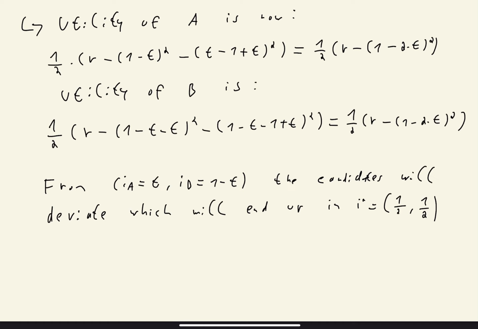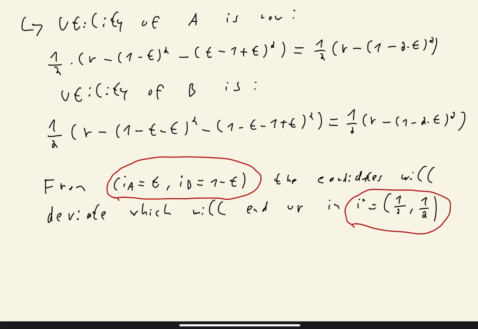if there is a deviation from this ideology profile to this ideology profile, both candidates will be worse off if they end up in this profile here. And the reason is simply because from this profile where both have chosen their true ideology, in this situation, both of them will win with probability 1/2. And if they win, they will basically